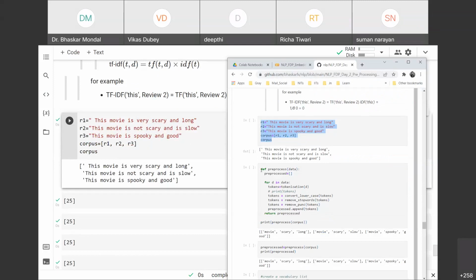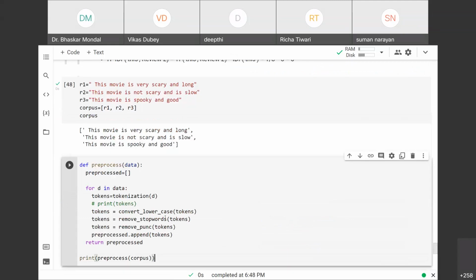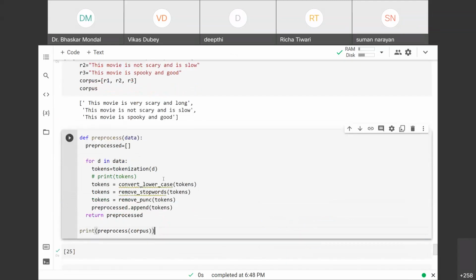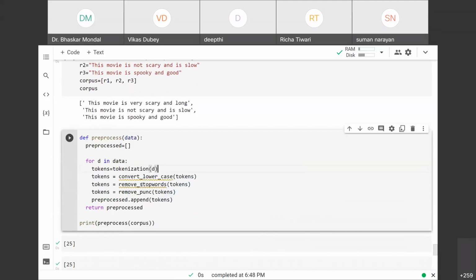Then what we need to do is some pre-processing. The good thing is that we already have written all the functions for doing this pre-processing part, right? So we will just call these functions, where we first tokenize all the input, then convert to lowercase, then remove the stop words, then remove the punctuation. If we run this, you can see